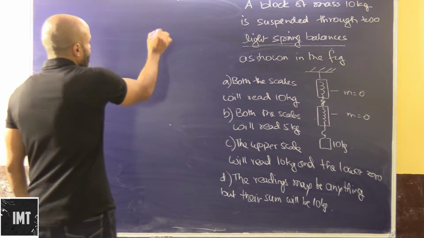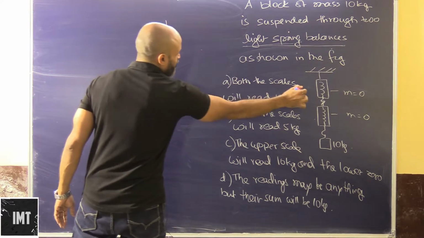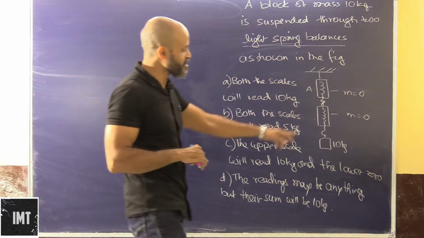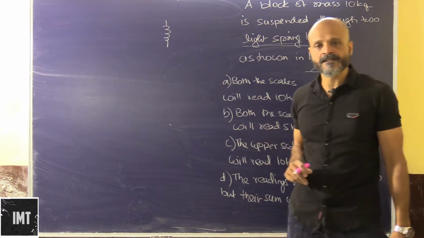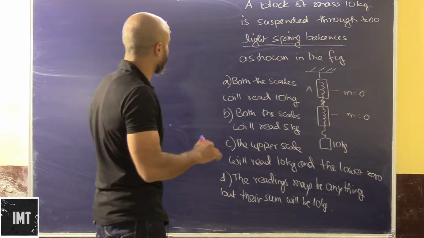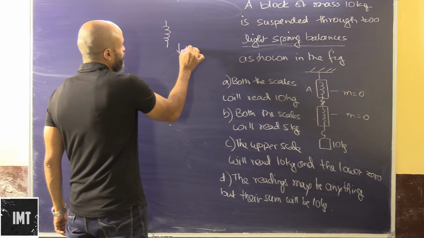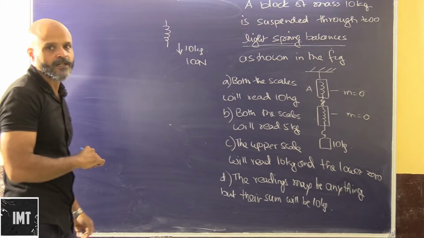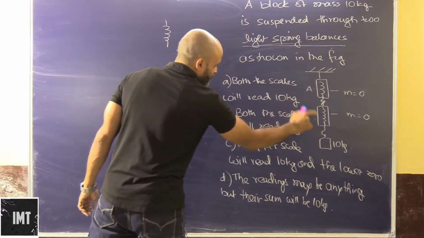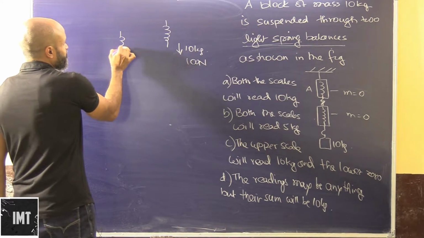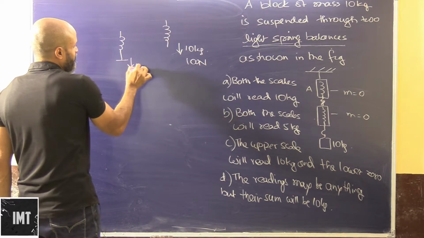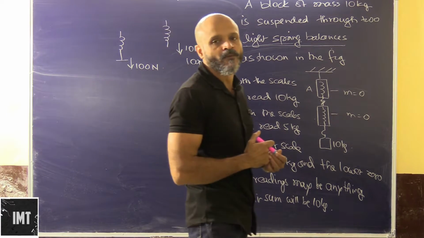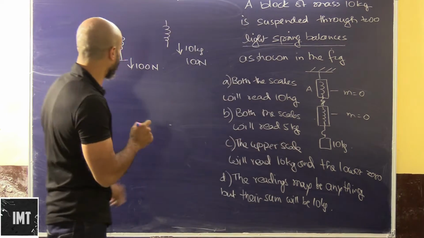Okay, now when we talk about a spring, so let's say if we are talking about this spring A, what is the net force that is acting on this spring? Obviously there is no net force due to this spring, it is massless. So the net force that will be acting on this spring will be due to 10 kg. That is basically 10 Newton approximately, 100 Newton. And what about this one? Same will be this one. This will be being acted upon by a force of 100 Newton. So both the springs will experience a force of 100 Newton.